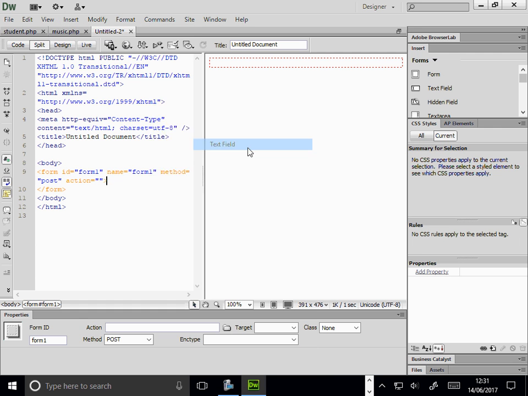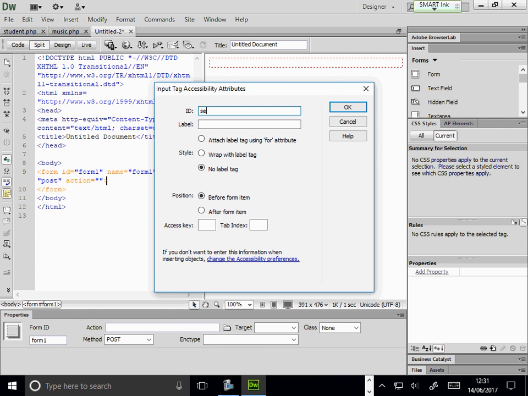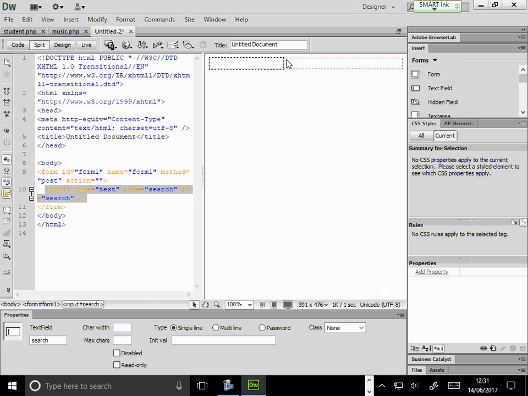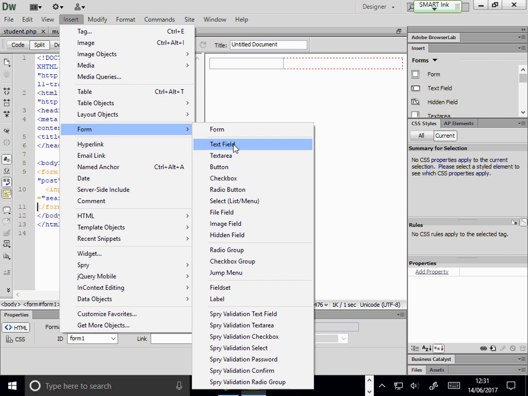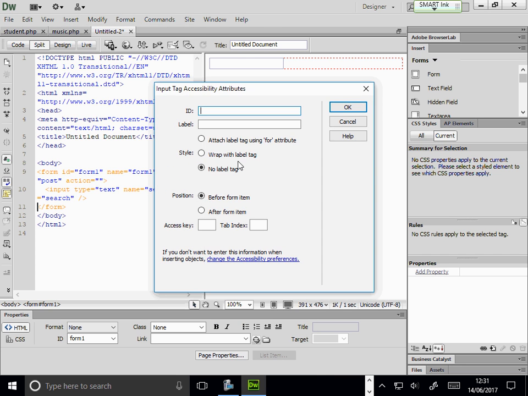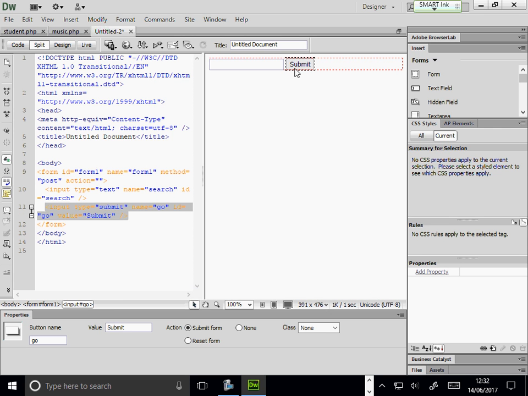Form and text field, and I call it as search. Is that right? I said I'll call this ID as search. Is that okay? Click on OK. And I just write down insert form and where's the button. What you need to write on top is go, but it can be just changed here. So